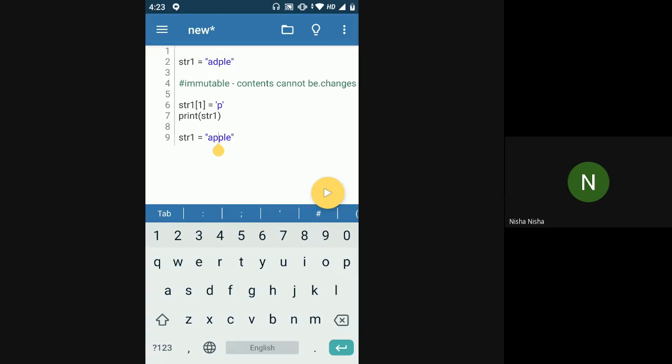Okay, so I'll repeat again. Initially, I created a string with a spelling mistake, adple. Okay, and now I wanted to change this string. Like the string was already present. I have a string. I want to change the second character of it, which I won't be able to because strings are immutable in Python. You cannot change the contents once it's created. So now, if I want to change that spelling mistake, I want to make it right, then I have to delete this and create a new string altogether. So when you reassign a variable, Python internally will delete the earlier value of that variable and assign a new value to it. Is this clear for everyone?